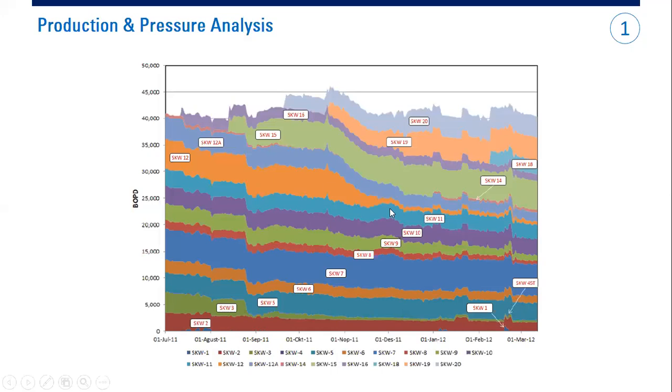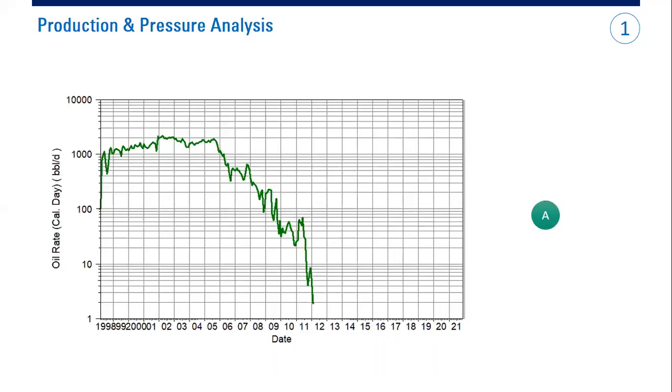This kind of analysis is very important, especially if you are a junior engineer. And this is one case. I have a production profile of one well. We call it well A. Firstly, we have production that is quite steady, right? But after that, it declines, maybe rapidly. Why? Maybe because of a natural decline trend, or because of reservoir pressure depletion, or maybe we don't know. We need to analyze.